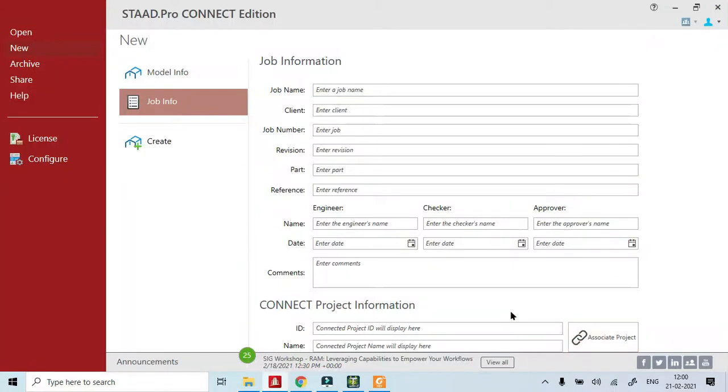Okay, in STAAD Pro V8i, only one computer will hold a model. If another person wants the file, then we have to give that file to him through mail or by pen drive or whatever it is. But in a Connect edition, there is a central server in which we can save it. So multiple persons can work on the same project. That is the advantage of a Connect version. So once you give all these and click the create button,